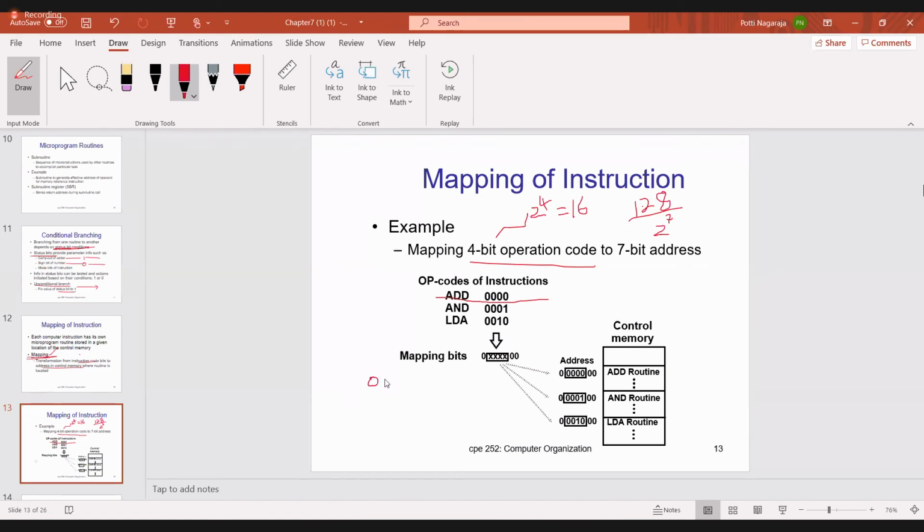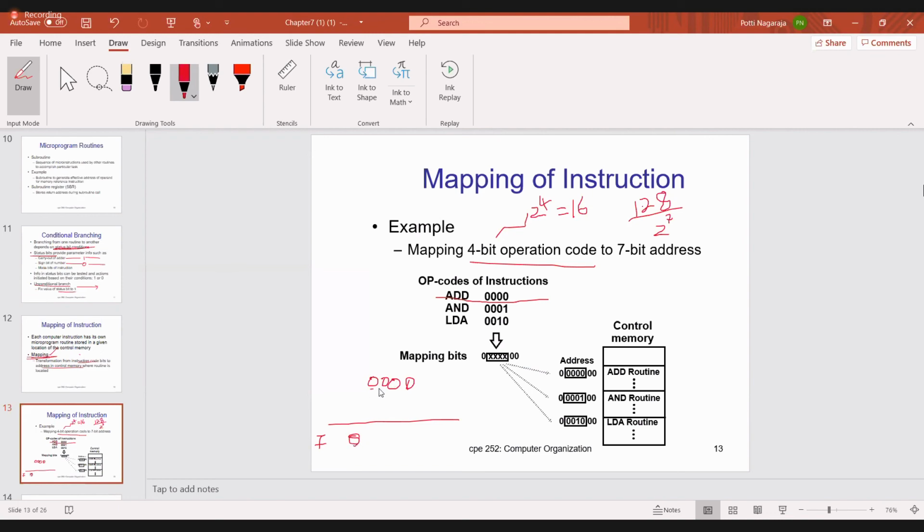Always for mapping, how many bits are required? 7 bits are required, because to access 128 control words you require 7 bits. Always, in that 7 bits, the MSB is always 0.